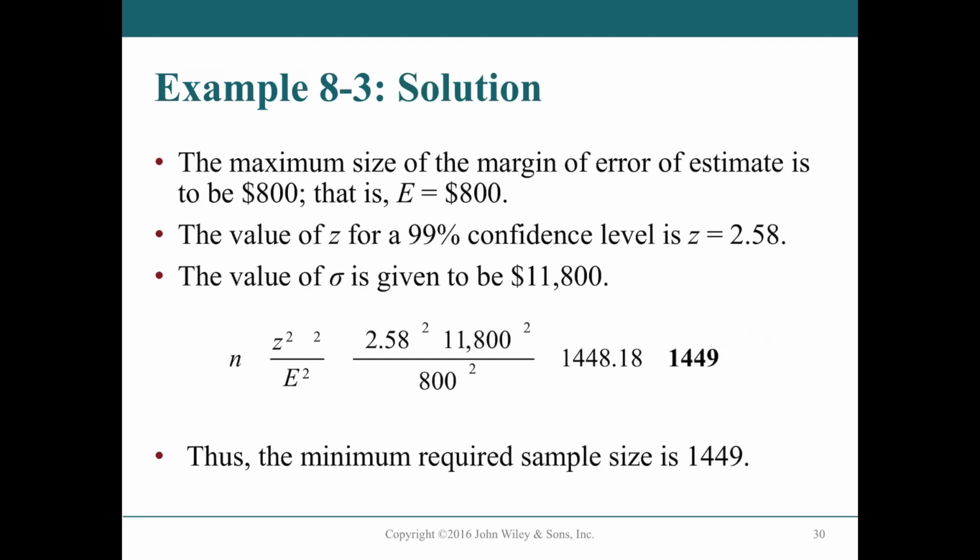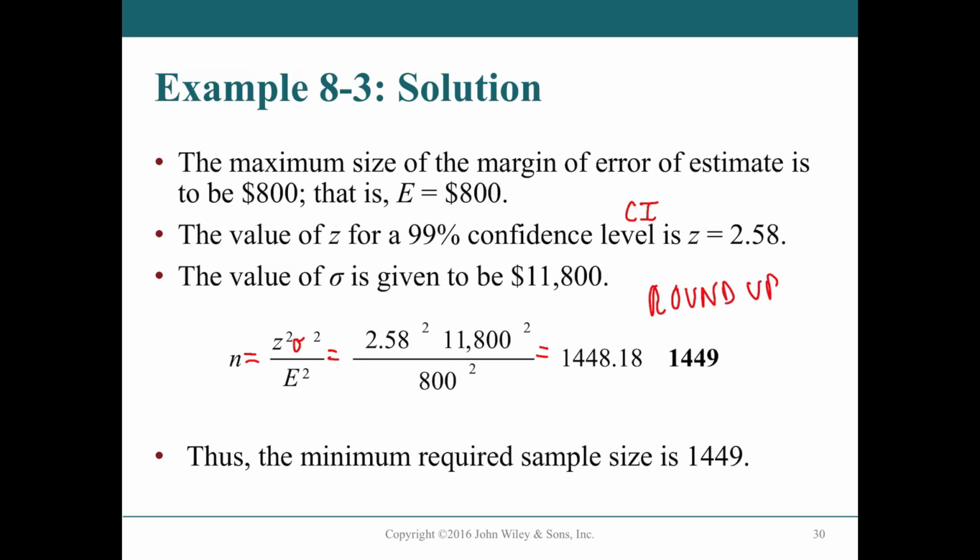So we have all those numbers, and now it's just a matter of putting it into your calculator and seeing what comes out. All right, so as we said earlier, E is 800. The value of z for a 99% confidence level is 2.58. And I use confidence level and confidence interval almost interchangeably. Level is just slightly removed from the interval process, but it's really about the same thing. So using the formula, they have the long-winded version. You do have z squared sigma squared over E squared. They've squared them all individually, which I find takes a little bit longer, but it will not make any difference if you square it on the way out.